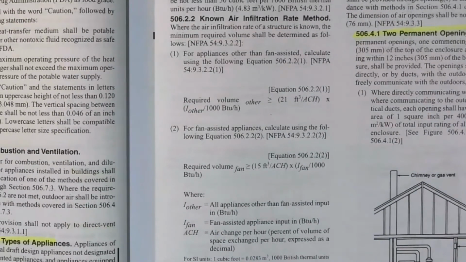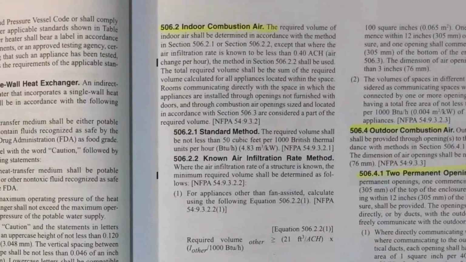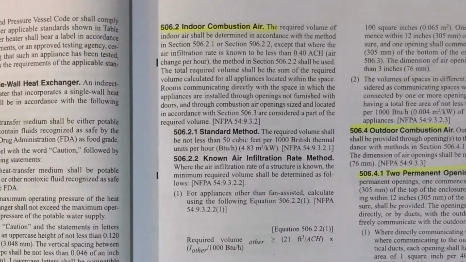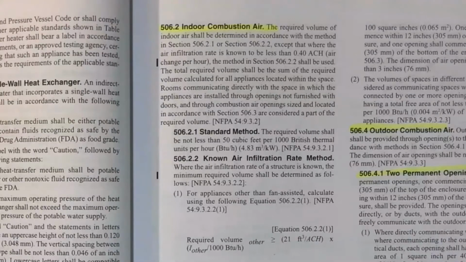Look, here's some of those equations I was telling you about. Okay, 506.2. Indoor combustion air. The required volume of indoor air shall be determined in accordance with the method in 506.2.1 or 506.2.2, except that where an air infiltration rate is known to be less than 0.48 air change per hour, ACH, the method in 506.2.2 shall be used. The total required volume shall be the sum of the required volume calculated for all appliances